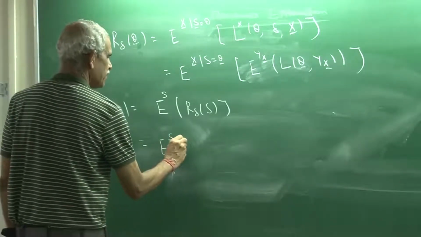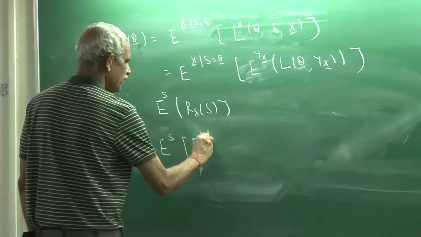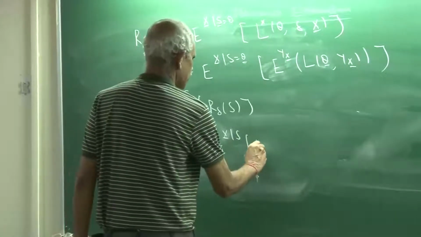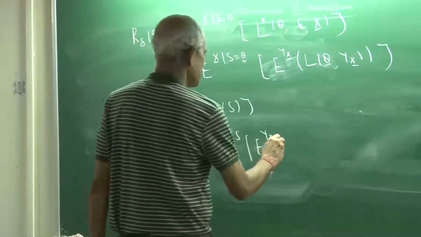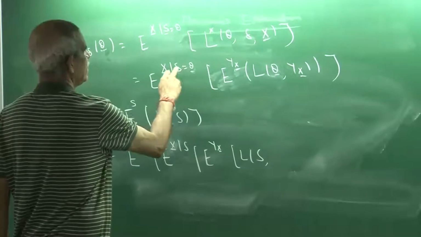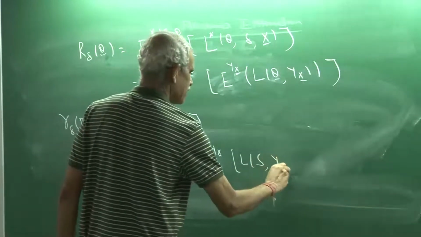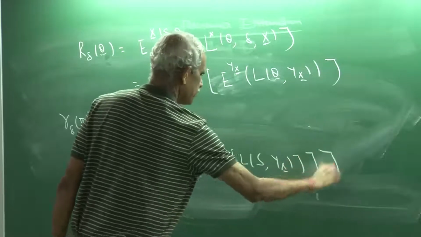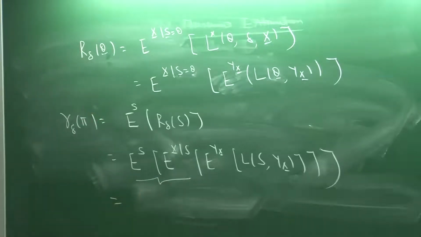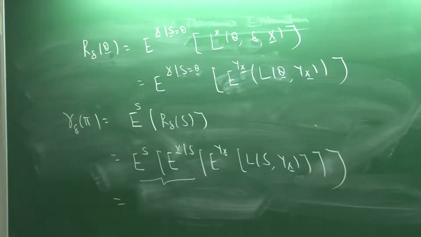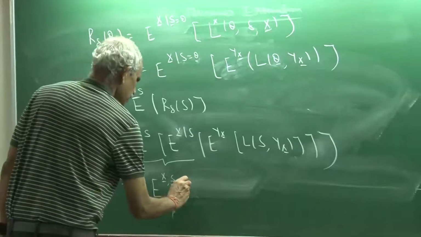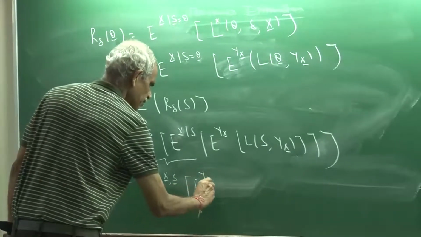R delta S, I can get everything from here. So E of S, E of X, now it becomes S because there is no fixed value. S is a random variable now. Then the expected value of Yx of L of theta, where theta is the random variable S. So S equal to theta is S equal to S, so L of S Yx. Now this is the expectation of a conditional expectation. So this can be written as a joint expectation with respect to X and S. Let me not change much for the time being. Let me go step by step.